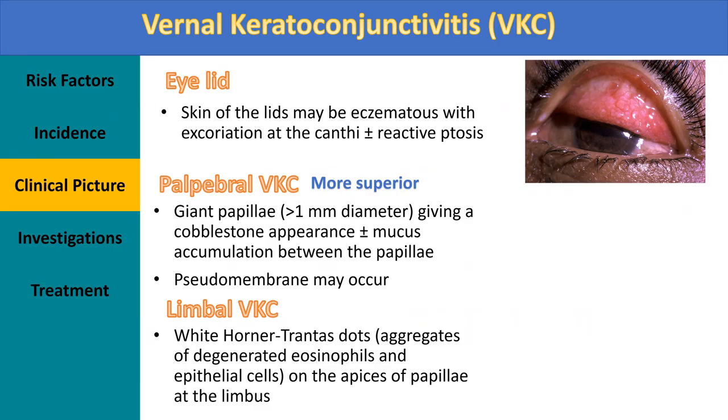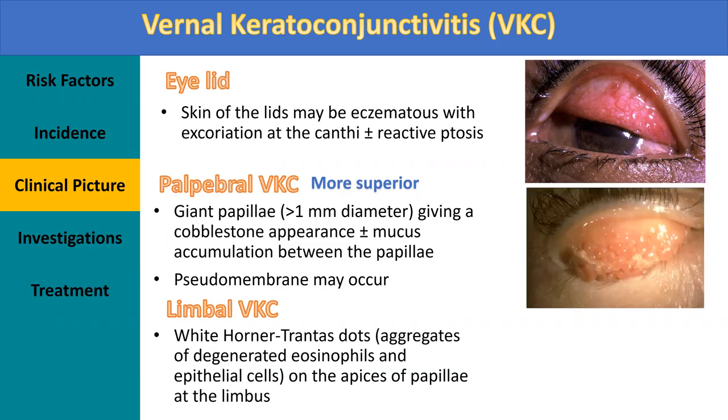The most important features are within the conjunctiva itself. We can classify the conjunctival disease into the disease that affects the palpebral conjunctiva and the disease that affects the limbal conjunctiva. For the palpebral conjunctivitis, it is more common to be superior than inferior, and it will present with papillary conjunctivitis. Sometimes it can present with giant papillae more than 1 millimeter in diameter, which give this characteristic pattern